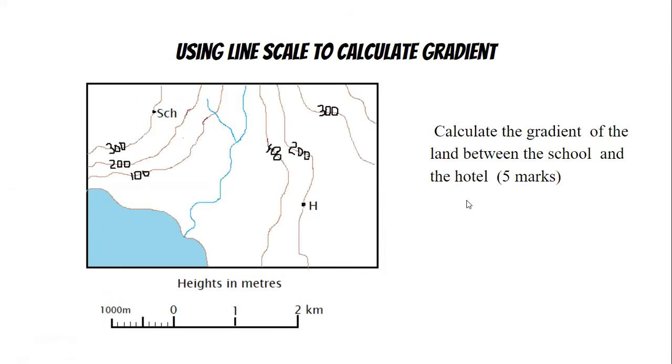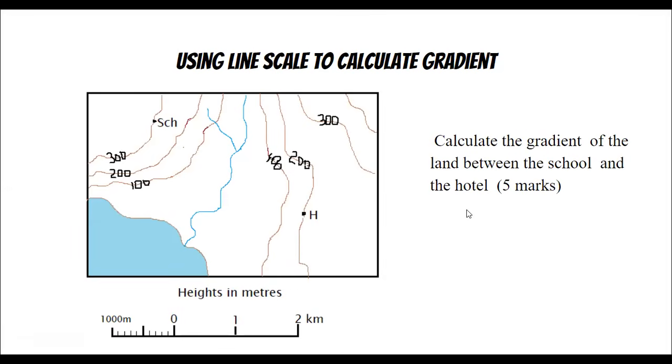All right. Let's look at this last one. Let's say we get this map and we're asked to find the gradient of the land from the school to the hotel. First thing we have to do is identify where the school is and where the hotel is. Then we have to ask ourselves, what is the formula for calculating the gradient of the map? And we know that the gradient of the map